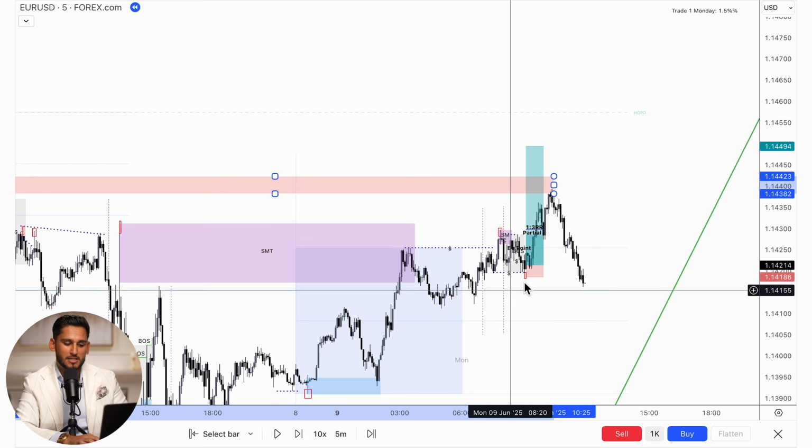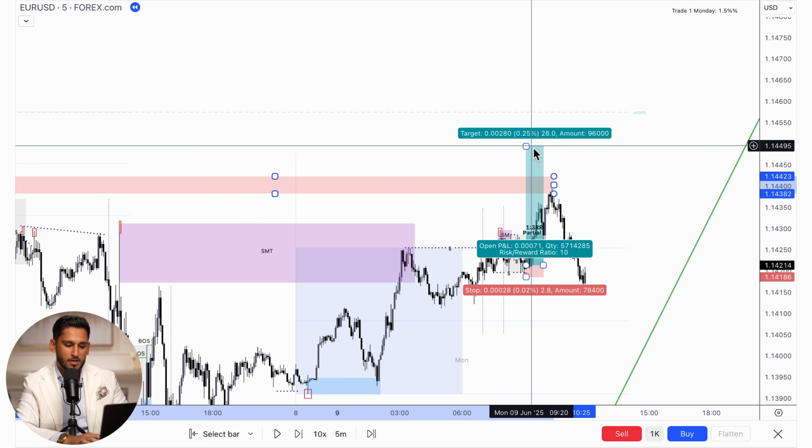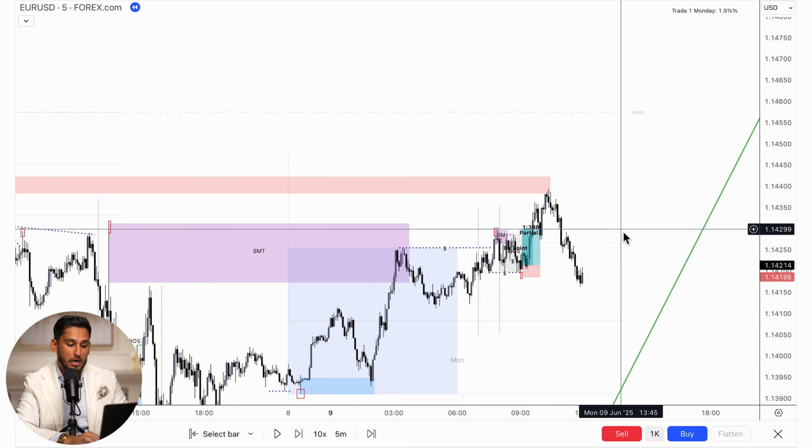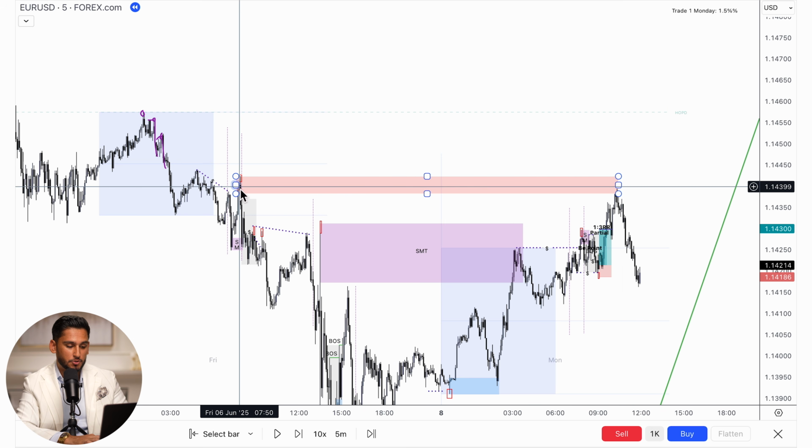And just like that, the trade has now been taken out. Break even plus partial. So therefore, the max of this trade was a 1 to 6. We were only able to capitalize on the 1 to 3. Now, let's see what the intention of the market is, because we came to an inducement supply and now we're